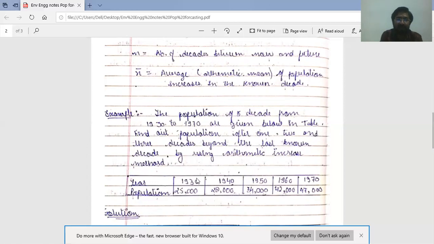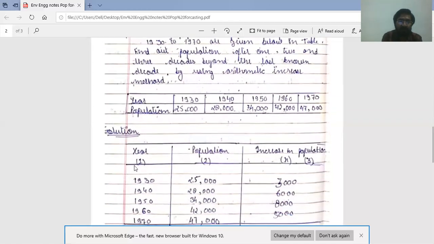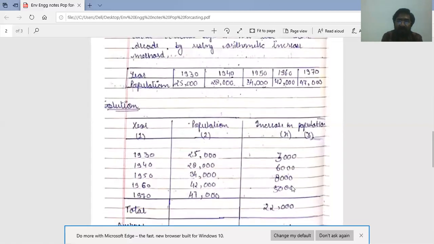In 1930, the population was 25,000. In 1940, the population was 28,000, and in 1950, the population is 34,000, and in 1960, the population is 42,000. The population gradually increases. In 1970, the population is 47,000. Now this is the solution. Year and population. This is the increase in population in 1 decade. From 1930 to 1940, the population increased by 3,000 in 1 decade, and from 1940 to 1950, the population again increased by 6,000 in 1 decade,